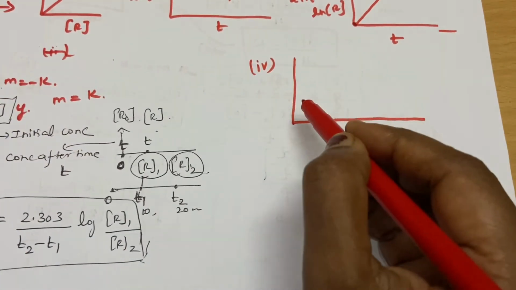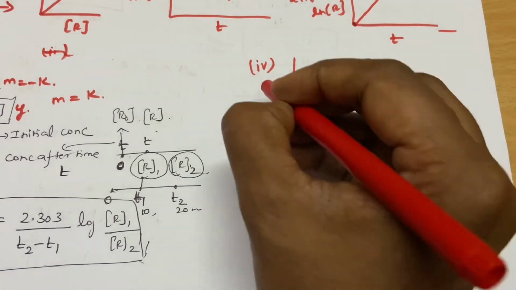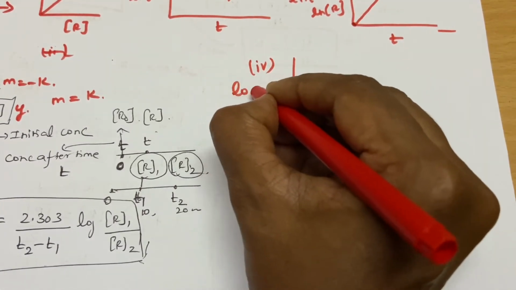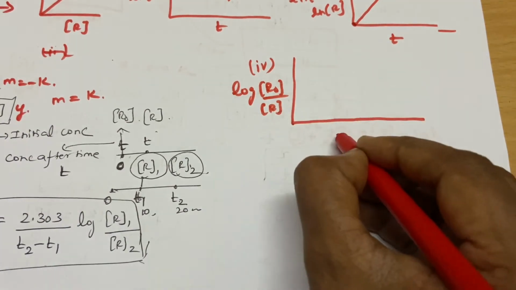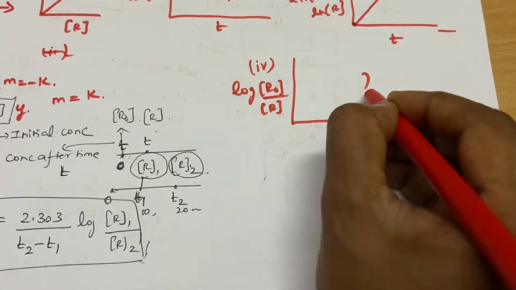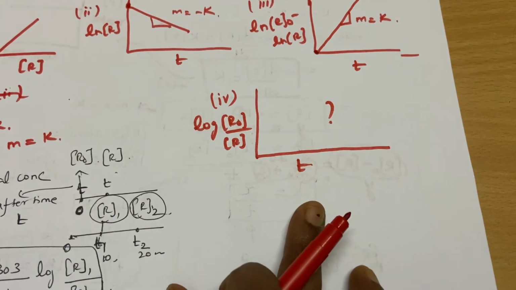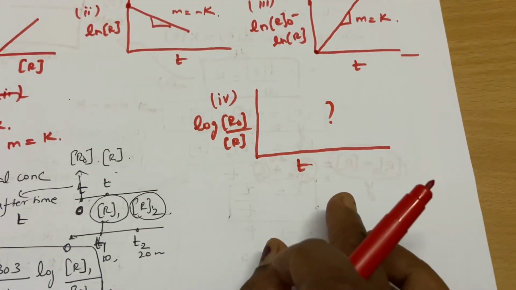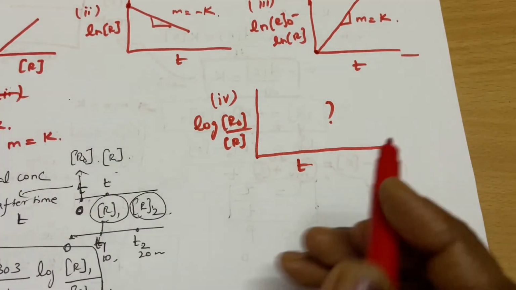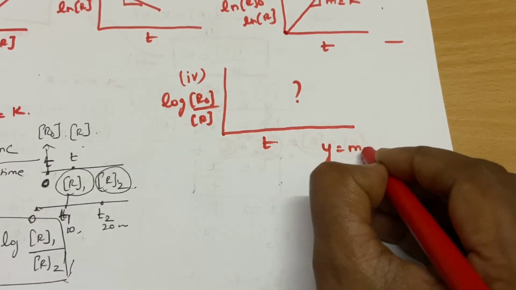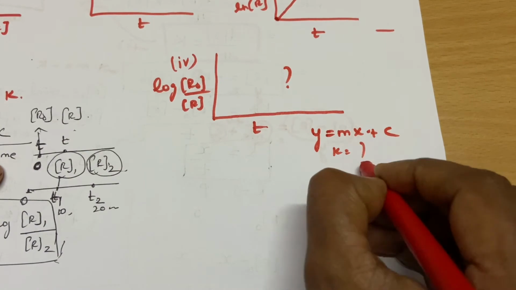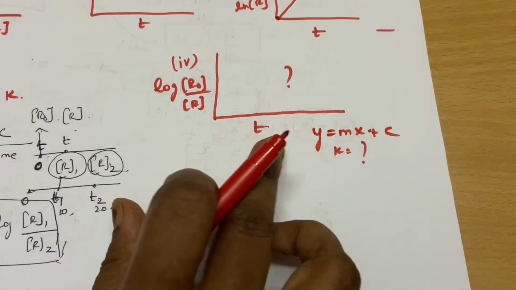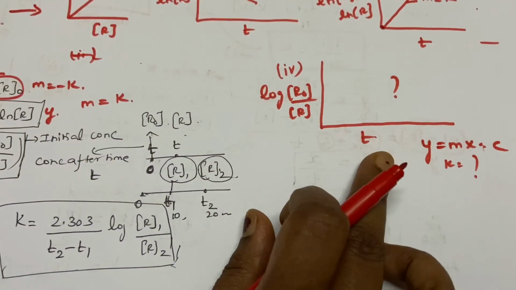I am going to ask you, what will the graph look like if I plot this? You have to tell the answer, and this is your question. Think about it. Rearrange whatever I have given into the form y is equal to mx plus c and draw the graph. And you have to tell the slope value also. In the next class I will solve the question.